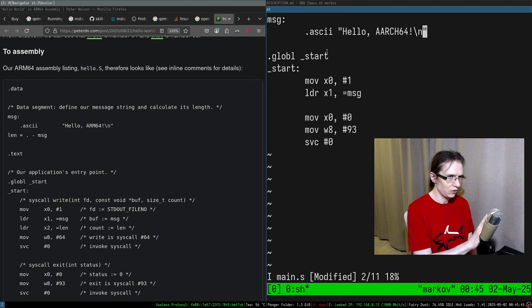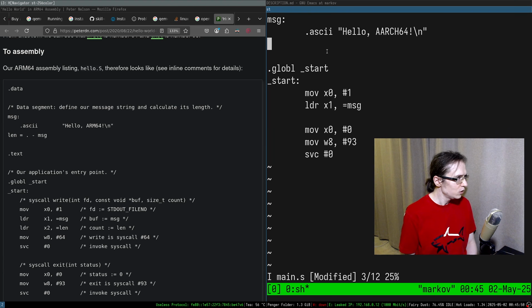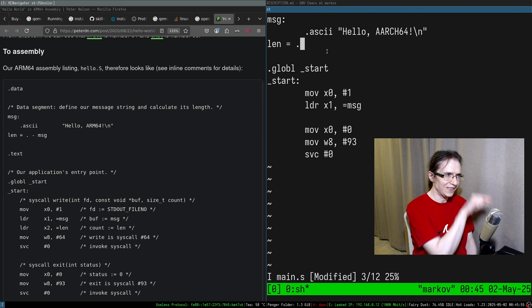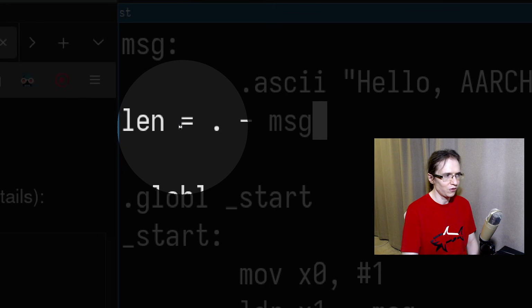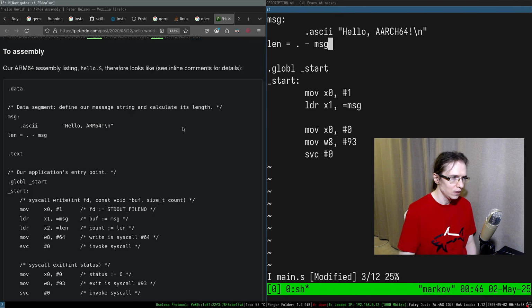What's funny is that we don't put a null terminator. This is because it operates on the size of this thing. And I suppose then we compute the length. Dot probably means the current address minus the address of the message, and equals probably means that it's sort of some macro, right?